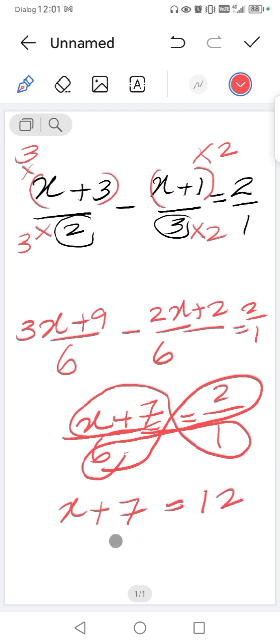So for the final answer, we minus the 7 here, and here also minus the 7, so we can cancel, and x equals 5. So like this we can easily simplify these types of questions. You can practice, there are several questions on page numbers 78 and 77. If you have any problem